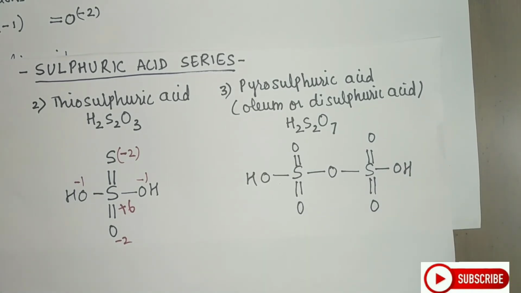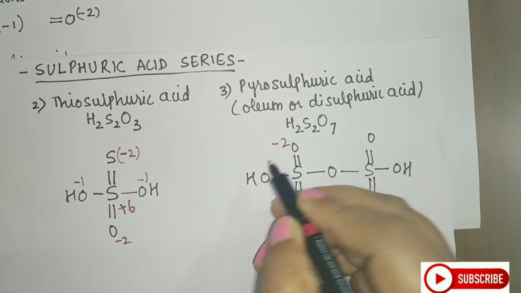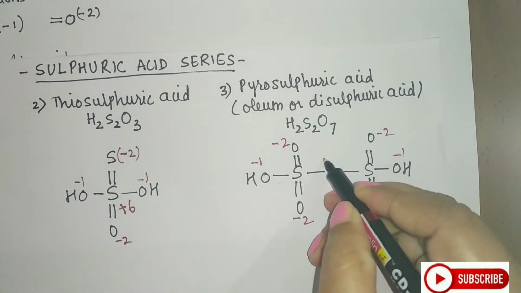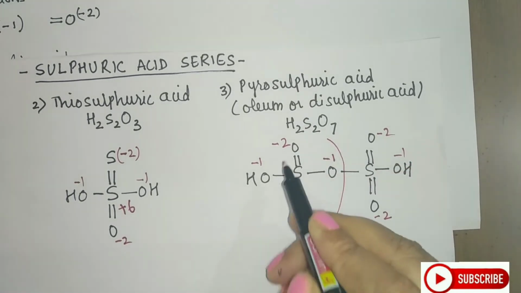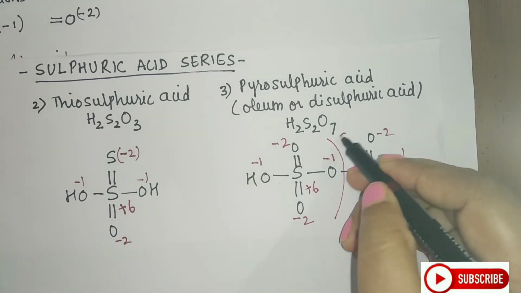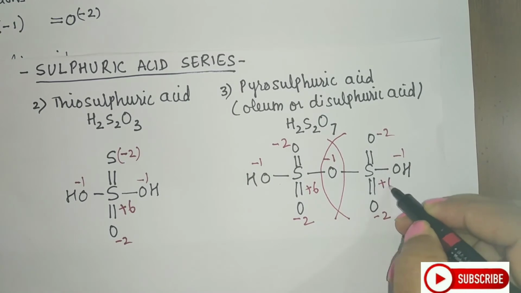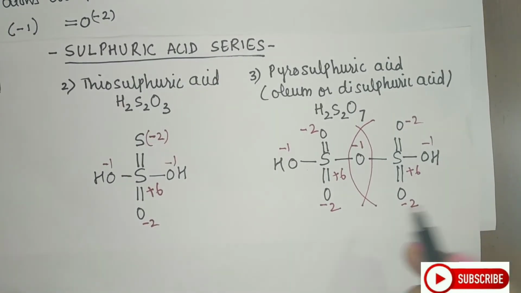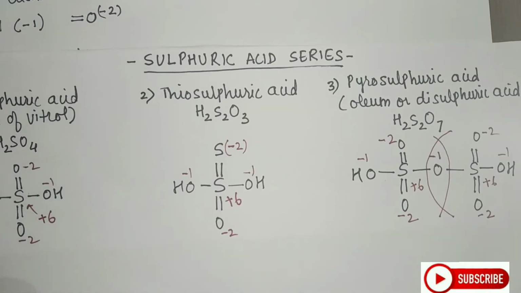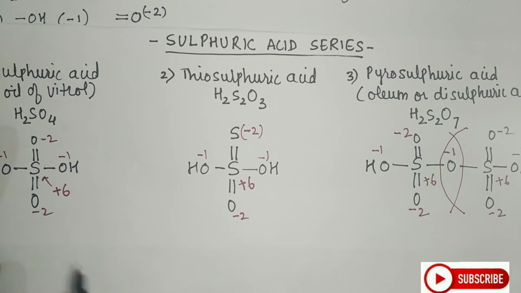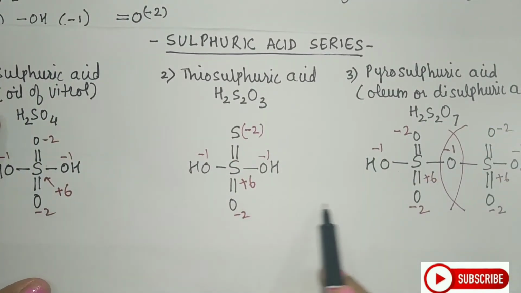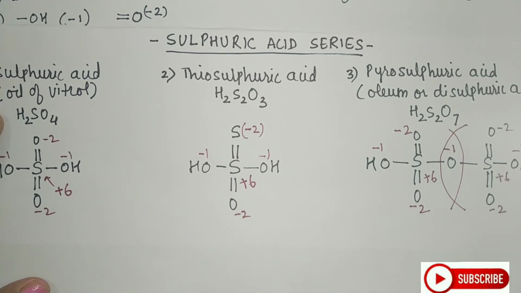Now let us assign the oxidation number. It will be -2 here, -1, -2, -2, -1, -2 and -1. Now assign the oxidation number 2, 3, 4, 5 and 6. So here also it is in +6. Similarly in this way this sulfur will exhibit +6 oxidation state. If you check out for hybridization, again it will undergo sp3 hybridization. So this is sulfuric acid series. What you observe here, all are ending with ic acids, that is sulfuric acid, and all sulfur here exhibiting +6 oxidation state with no lone pair.